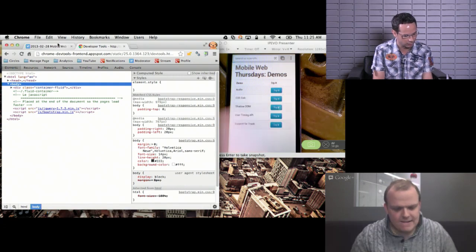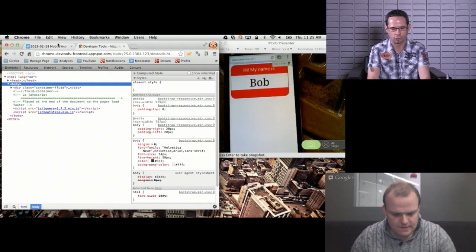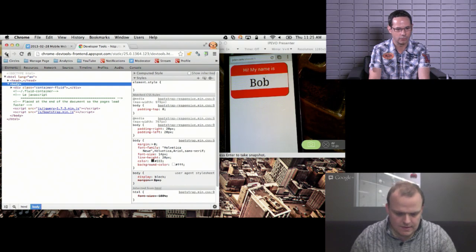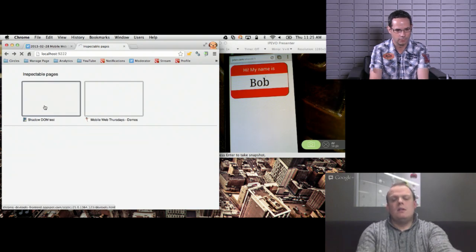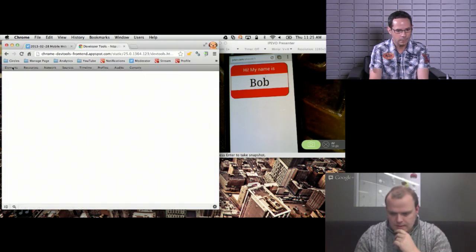The first one I want to have a look at is the Shadow DOM stuff. So I'm going to reload this page here so we can get the Shadow DOM test loaded. And if I have a look at the elements here, if I can get this to load,